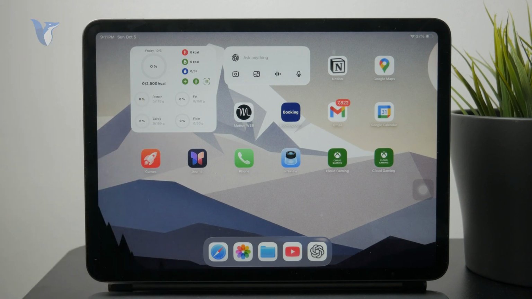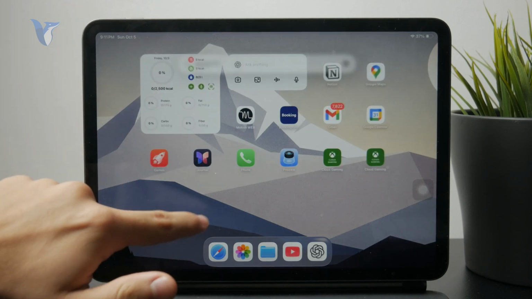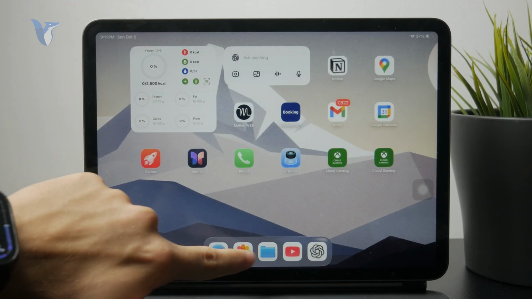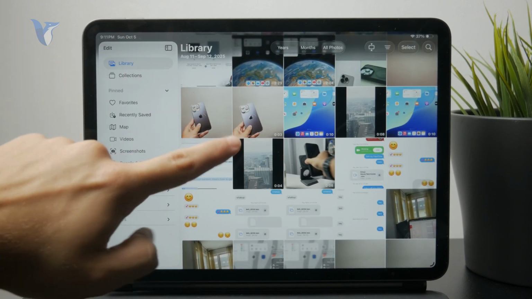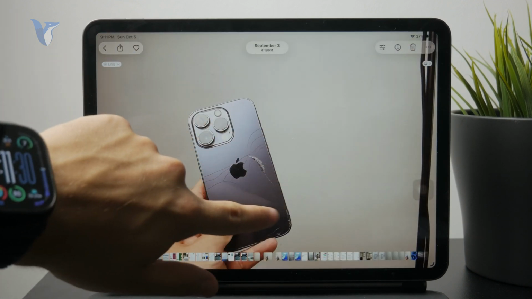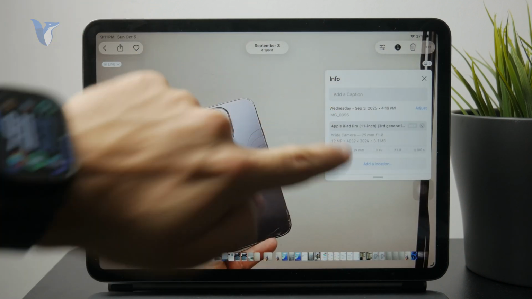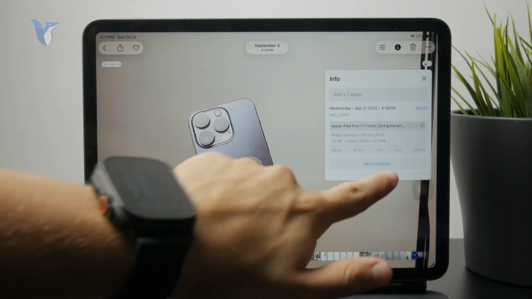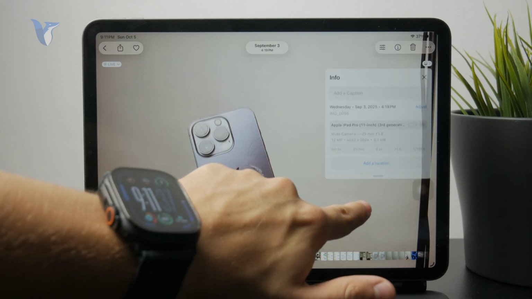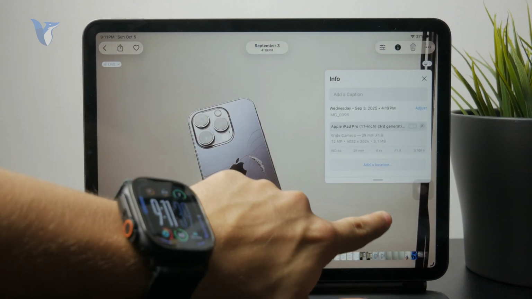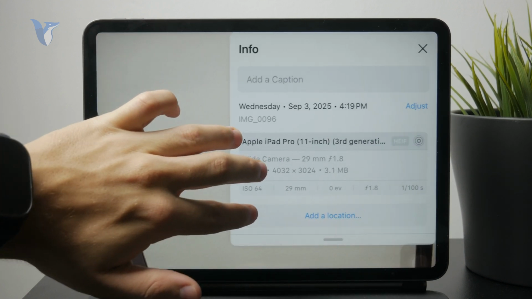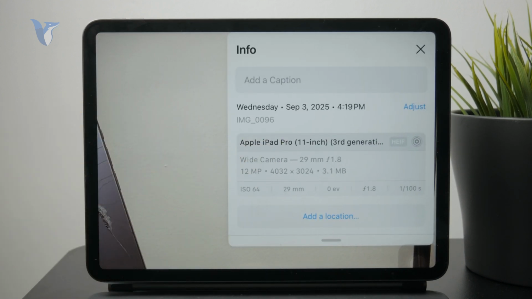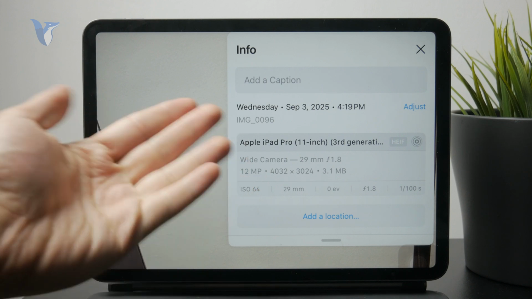But essentially open up the Photos app, and you can get into your photos or videos. Each time you want to check out more information about it, just swipe up on it and some other options will appear. So you can see we have some additional information like the date it was captured, the time, the title, but we also have the lens information if it was captured through a lens, and also the size. Like you can see that a photo of mine can be like 1 megabyte or more or less depending